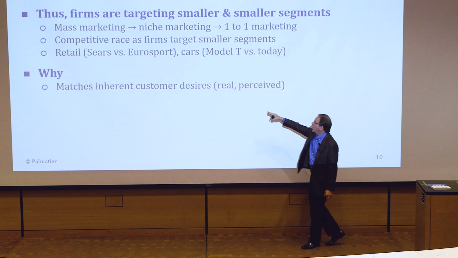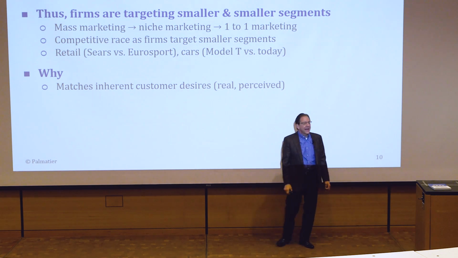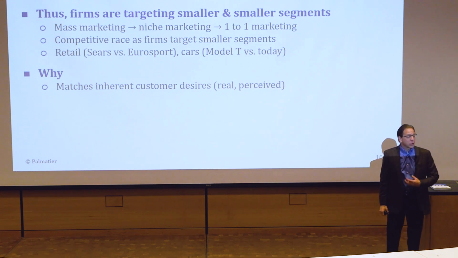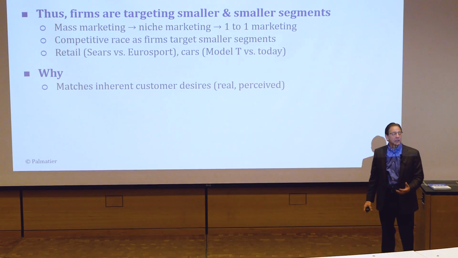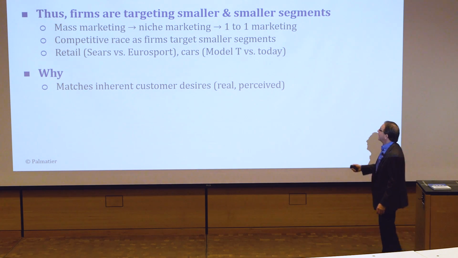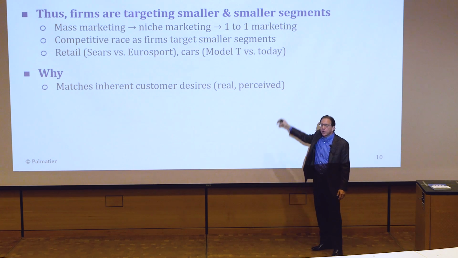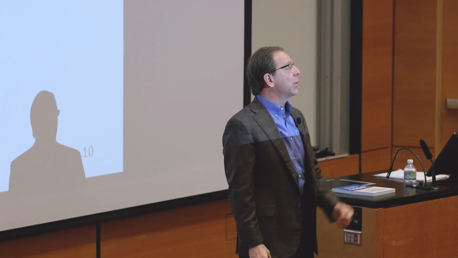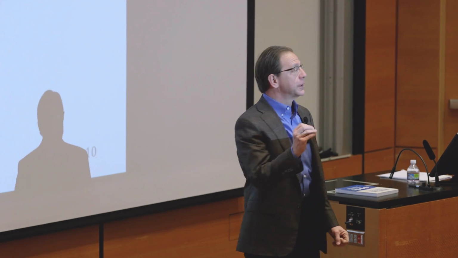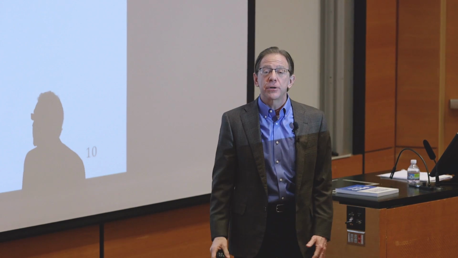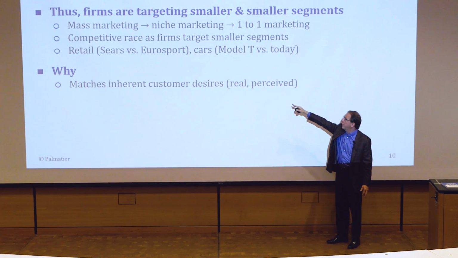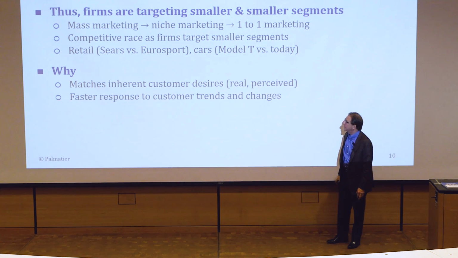It's hard because customers have inherent desires, and those desires vary dramatically. Some of those are real desires. People are thirsty, they have a desire for water. That's a functional need, no problem. But there's also perceived needs. Marketers spend a lot of time increasing these perceived needs. That you need a spring water, or you need to have a little lemon sprayed in it. It's going to be fresher that way. So customers' needs do vary, both real needs, and in some cases we convince them they have specific needs.